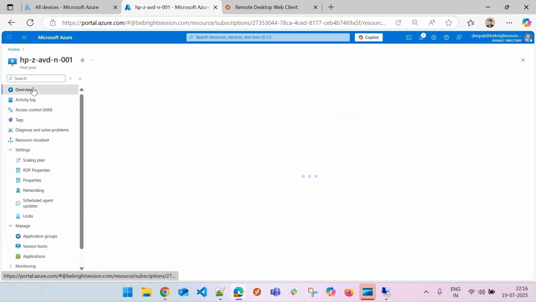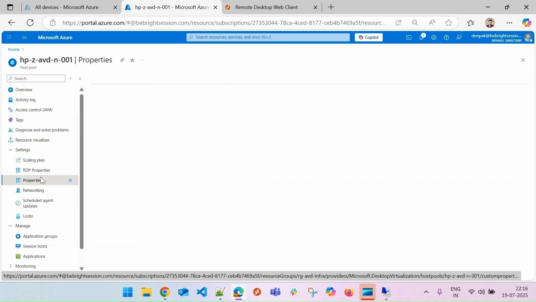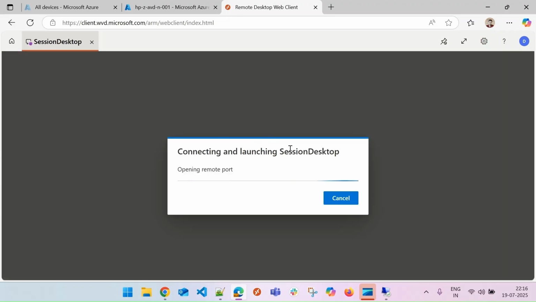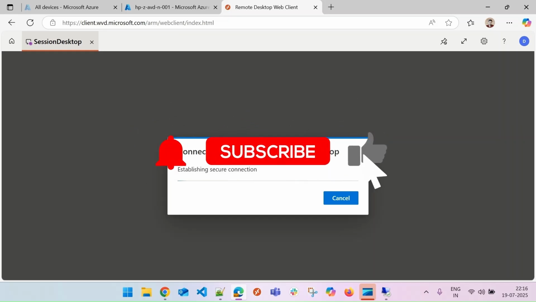First of all, let's switch your host pool back to the desktop app. Save it. Refresh it. And you're back to the desktop session. Now, what I was talking about regarding the FSLogix, if you open the desktop session,